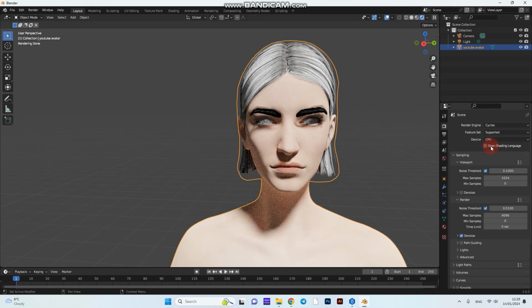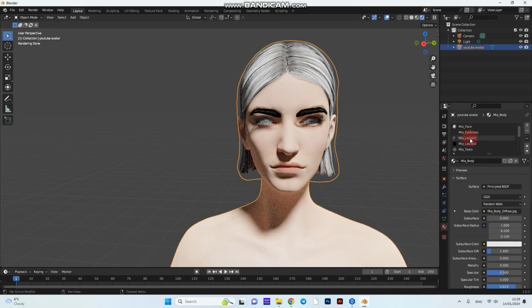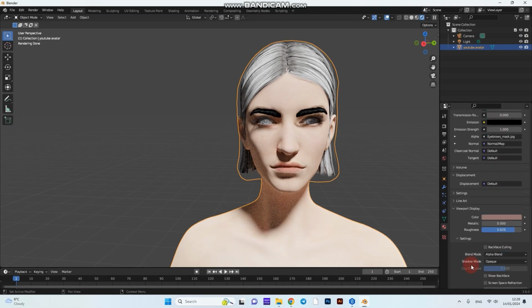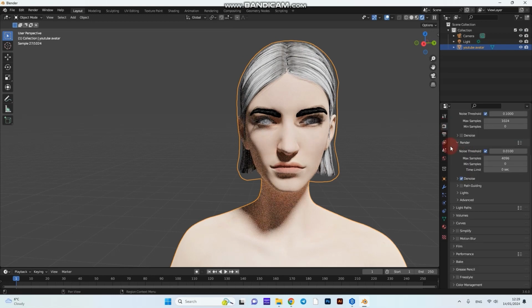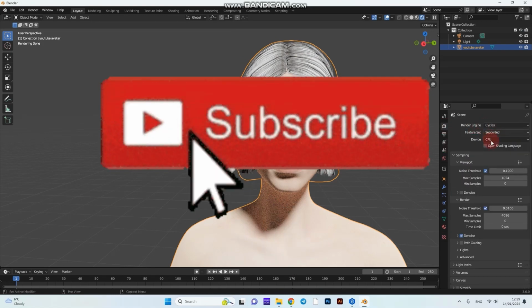As you can see, the hair is sorted out, but the eyebrow is still a bit off, so we'll apply the same setting to it. And there's only one more thing to do, but before that, here's a quick reminder: